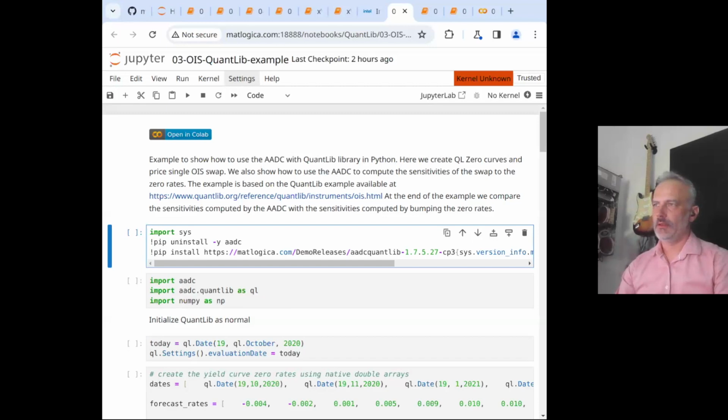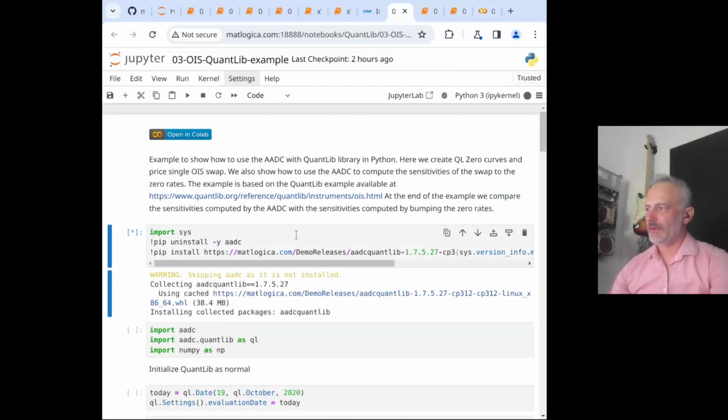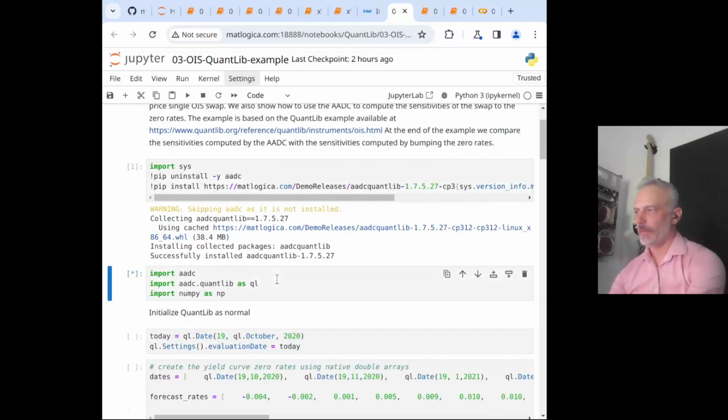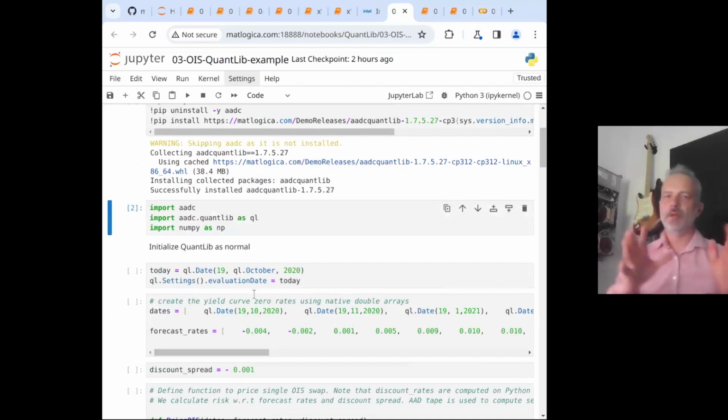Can Python and C++ be equal partners in this endeavor? What I'm going to show now is a basic example where we want to do some calculations on the Python side, instantiate some objects on the C++ side, and show how we can record calculations in Python and C++, and how we can propagate sensitivities through this logic.